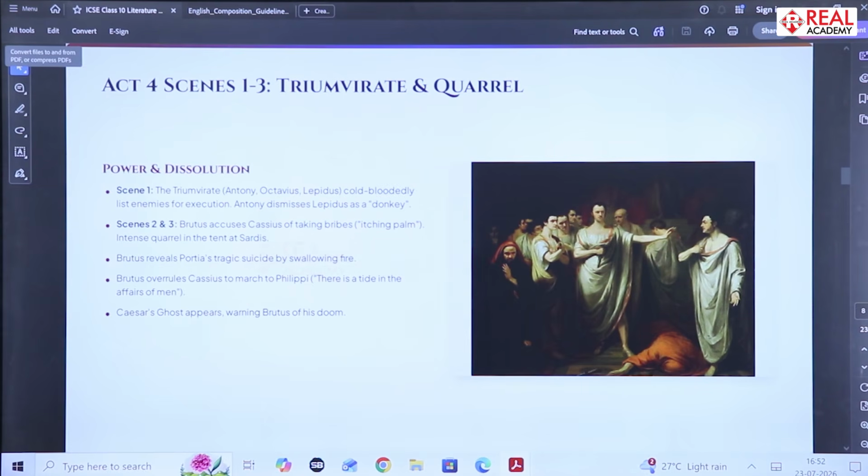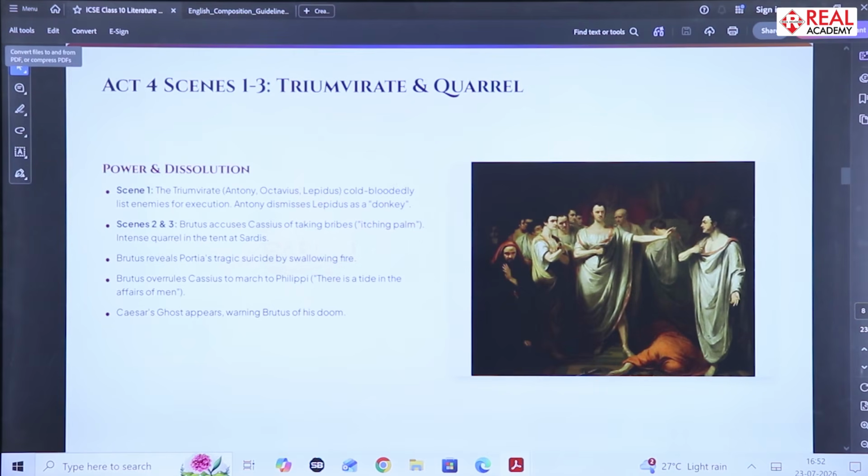Late at night, after Cassius leaves, Brutus prepares to sleep. His loyal servant Lucius plays music for him and soon falls asleep from exhaustion. While Brutus is alone, the ghost of Julius Caesar suddenly appears. The ghost tells Brutus, "Thou shalt see me at Philippi."